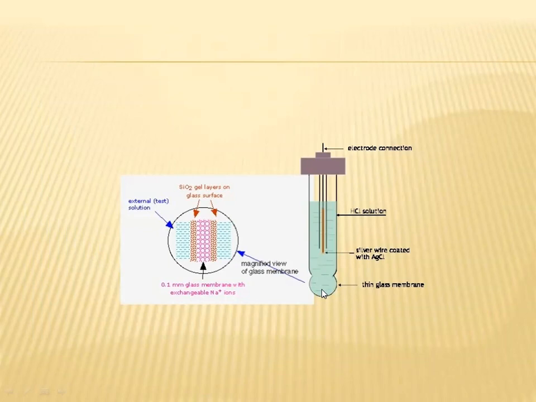So inside the glass bulb, we can see the solution, which is HCl solution. You have the silver wire coated with silver chloride, and you have a thin glass membrane. So this is magnified, and the structure is shown here. There is actually a SiO2 gel layer on the glass surface. Okay, so 0.1 mm glass membrane with exchangeable sodium ions. And the potential of this cell is E is equal to K plus